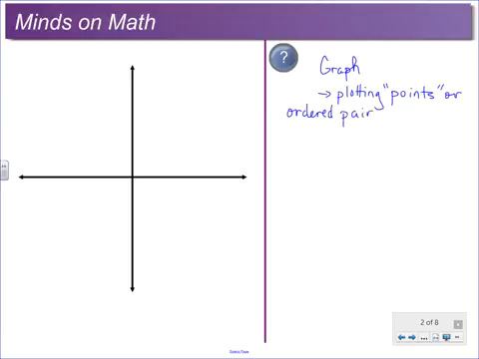An example of that would be x comma y. Every ordered pair has an x coordinate and a y coordinate. So x would be here, and y is the vertical axis. For an example, you might have decided to actually plot a point or plot something more than that. So let's say that we took on the point